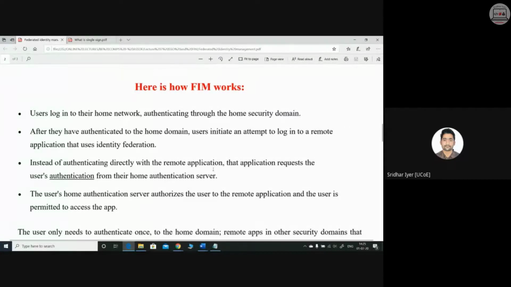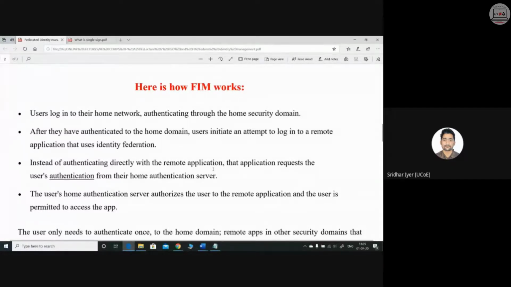If that application is part of federated identity management, I need not log in each and every time to that particular application. जैसे ही मैं facebook.com open करूंगा, it will simply open up the application for me. But on the other hand, if that facebook.com is not part of the FIM, जितनी बार मैं facebook.com ओपन करूंगा, n number of times मुझे अपना authentication करना पड़ेगा हर बार. That is what is different between SSO and FIM.